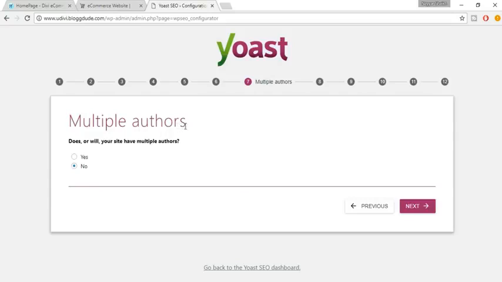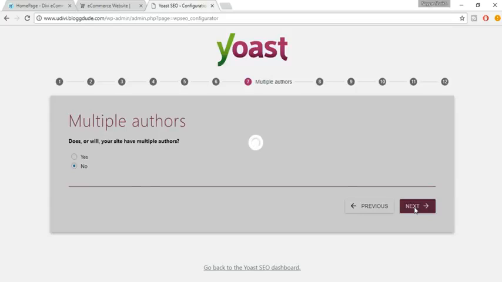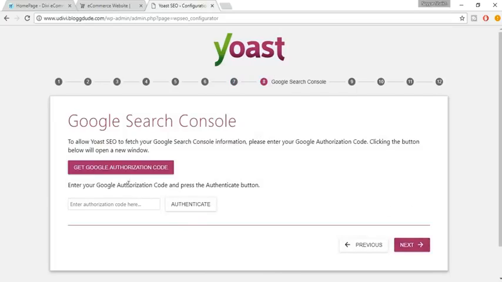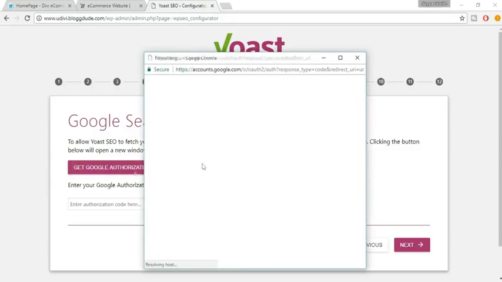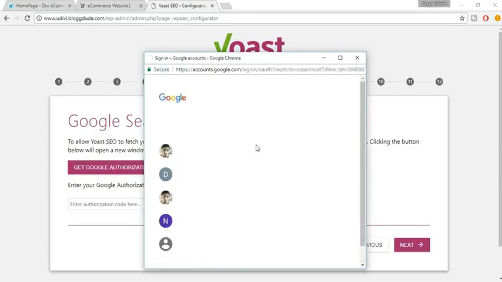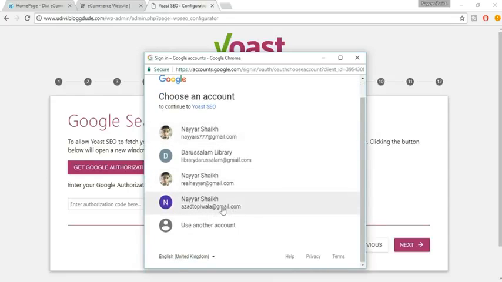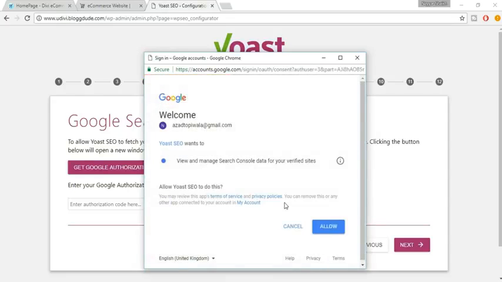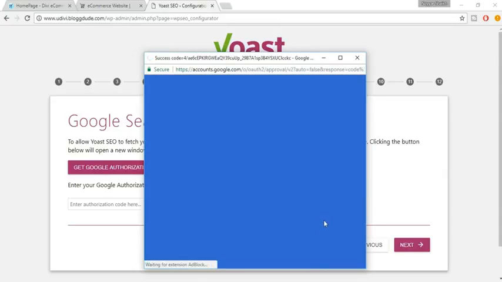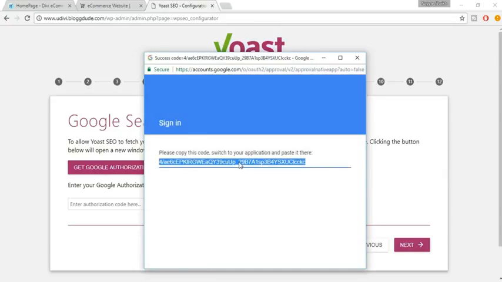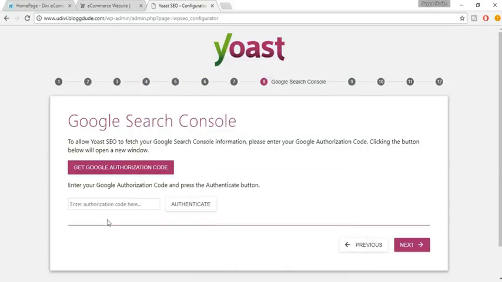Okay, so it asks whether the site has multiple authors. Does or will your site have multiple authors? If you think yes, in the future you will have more authors, then select yes. If no, then no. Then click on next. Okay, now you have to get the Google authentication code, so just click on this. Okay, select your account. Click on allow. Just copy this code, paste it over here. Now click on next,